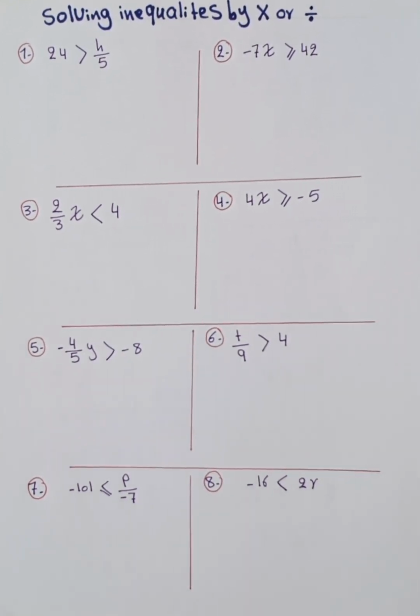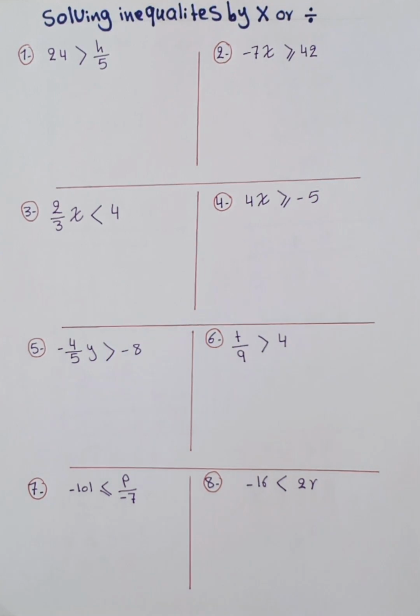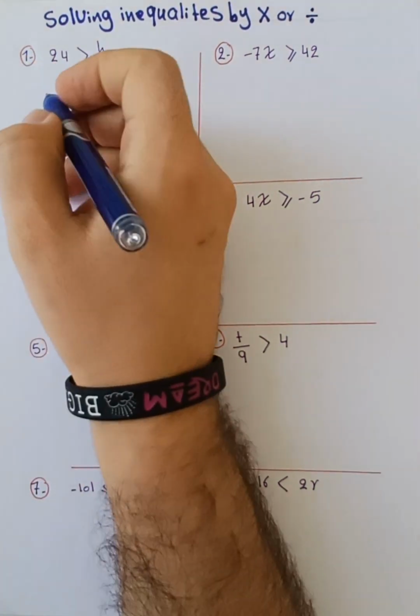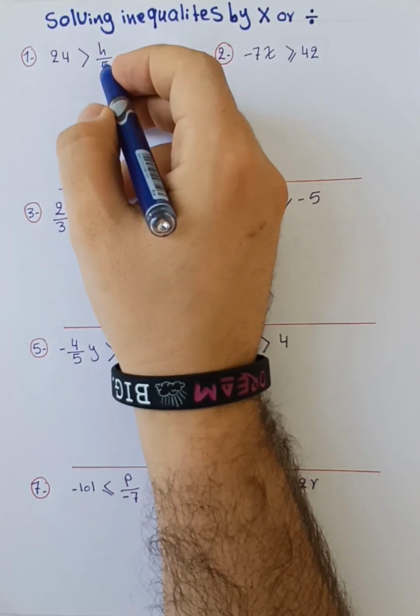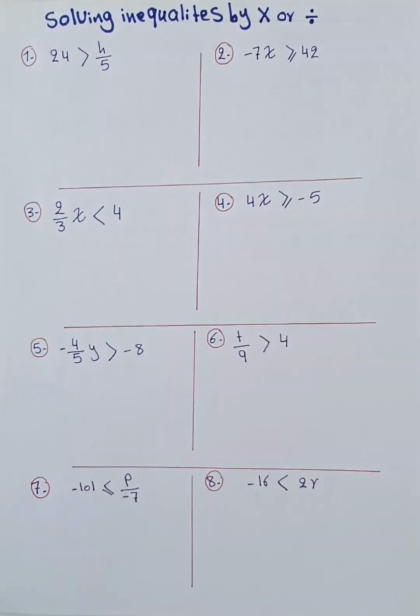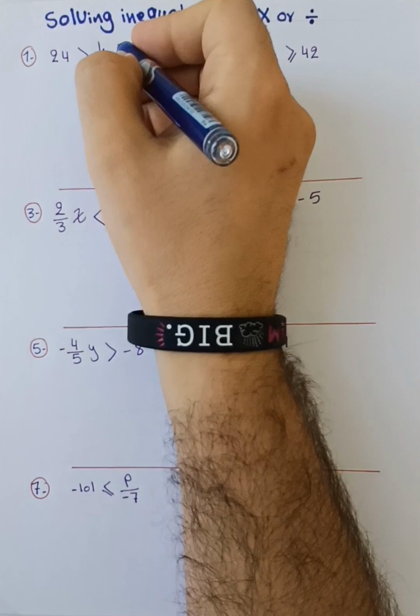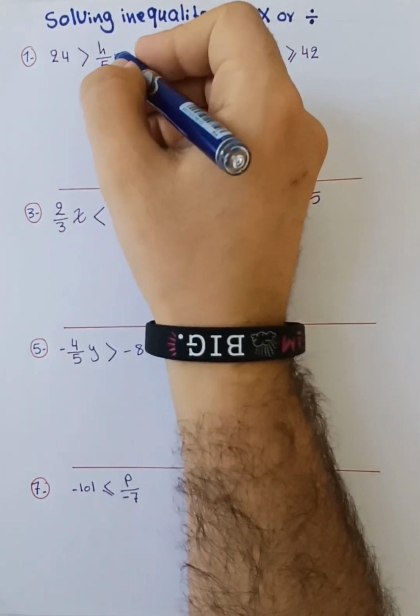Hello dear students, in this lesson I'm going to talk about solving inequalities by multiplying or dividing. Example number 1, we have 24 greater than h divided by 5. We have division, so we have to take the inverse of division. The inverse operation of division is multiplication, so we have to multiply both sides by the number that